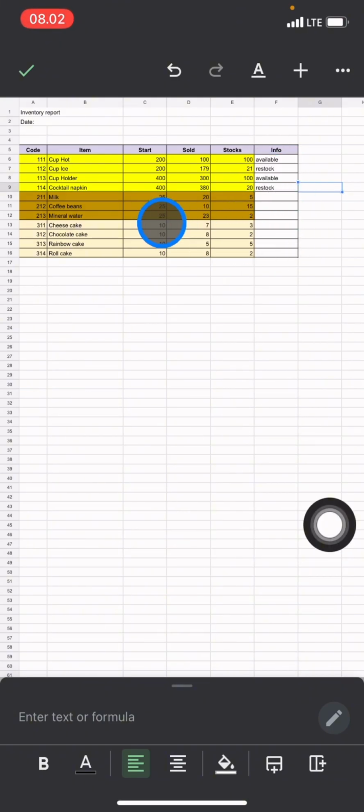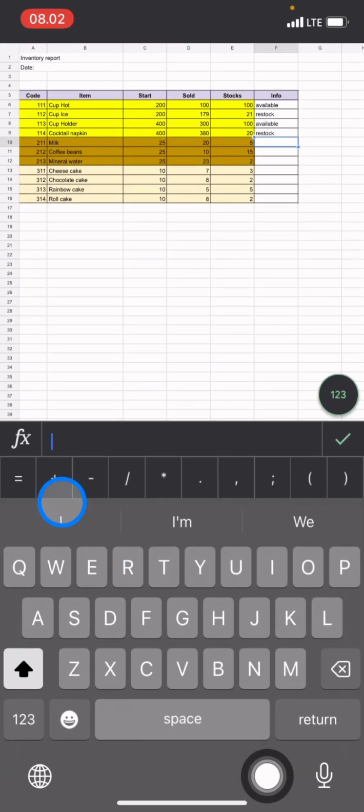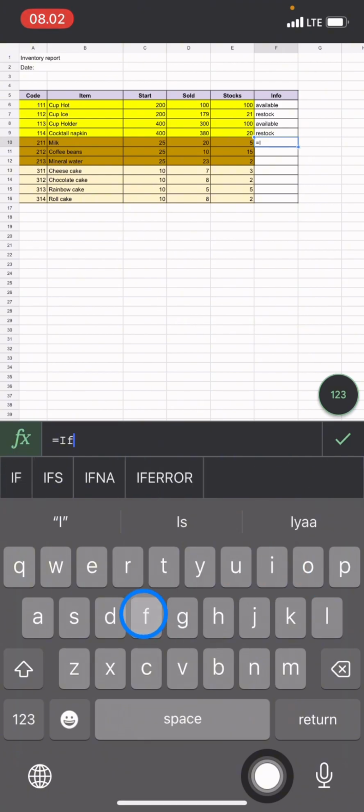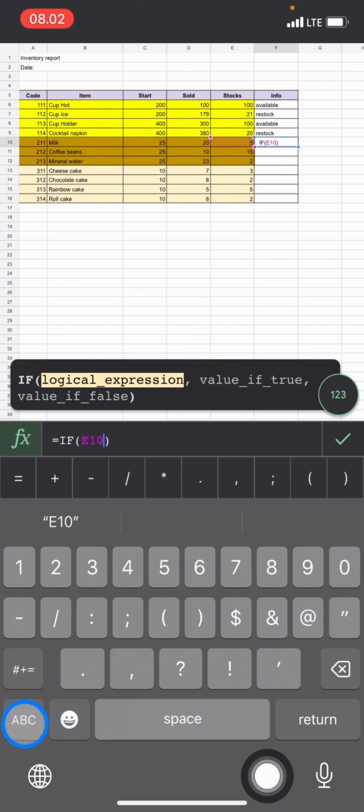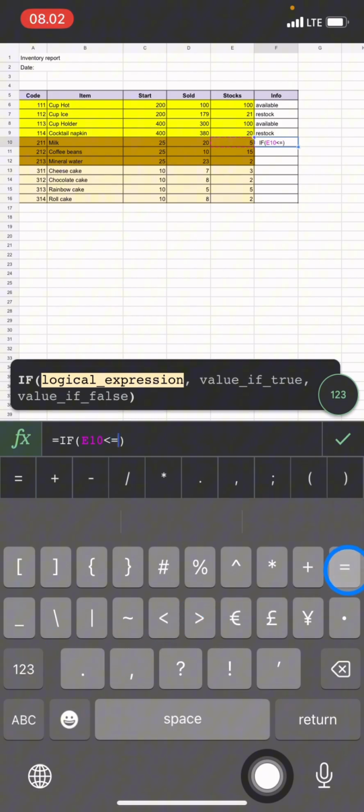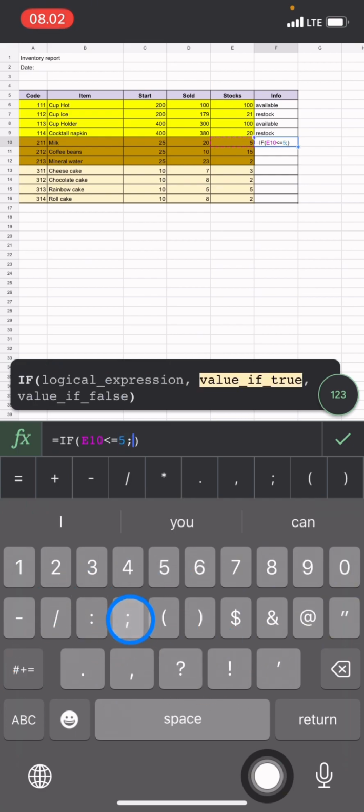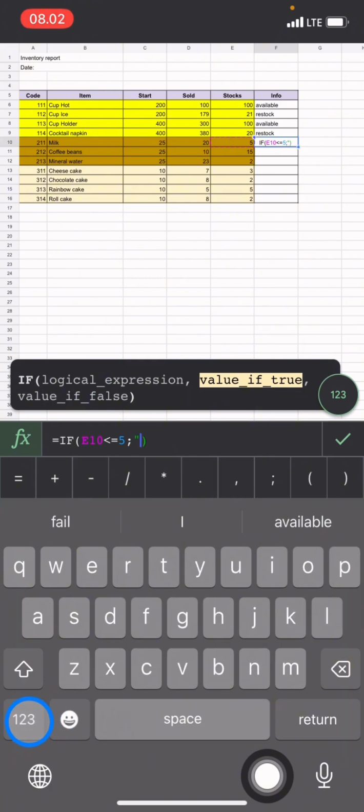It will be the same for the rest, so you need to do the next IF, and you can just choose the source, and after that you also need to set the minimum stock, the minimum quantity that you want to have before you purchase it again, which I think I would like to set to 5 this time, and after that just do the same, click restock if it's less than 5,